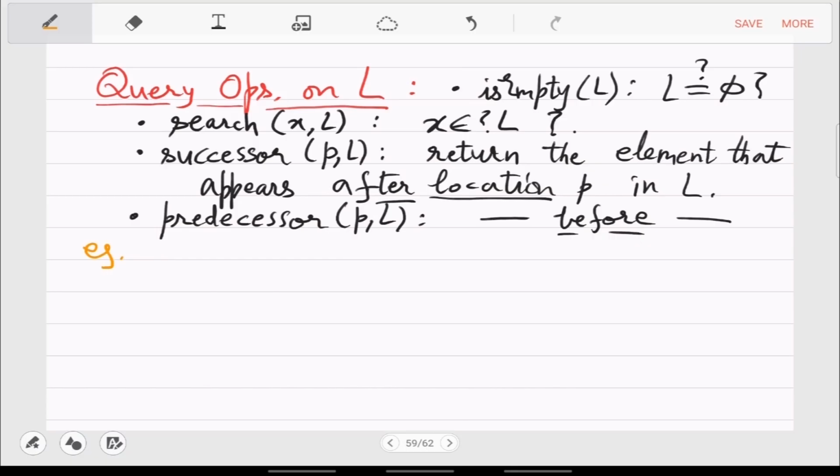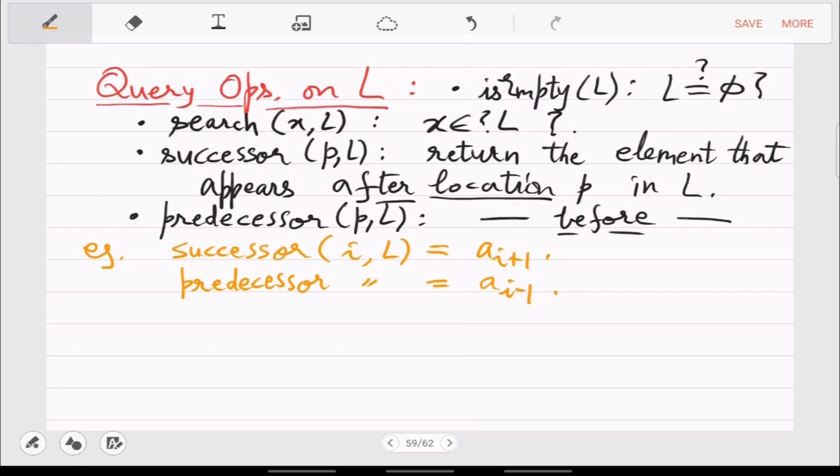So example, what is the successor of I in list L? Right. So in the list L, the ith element was AI. So successor will be AI plus 1. And predecessor will be AI minus 1.